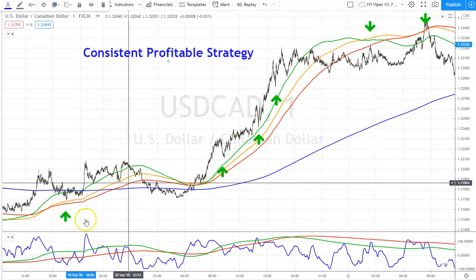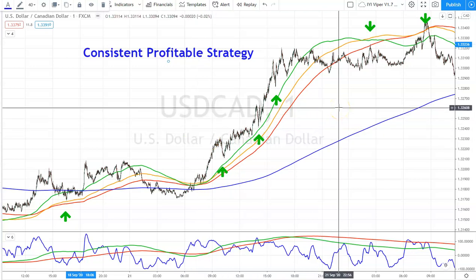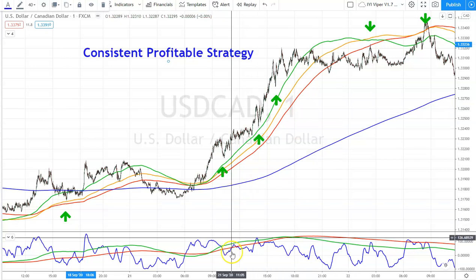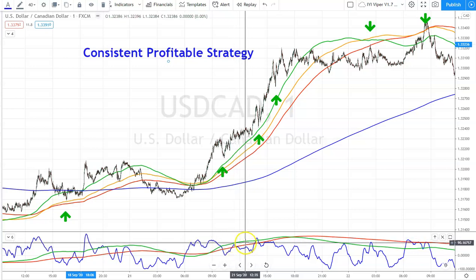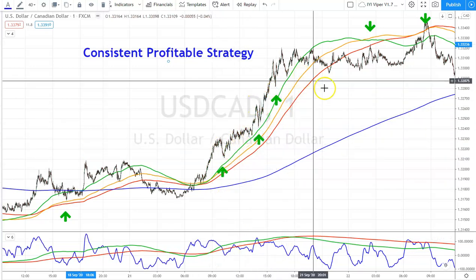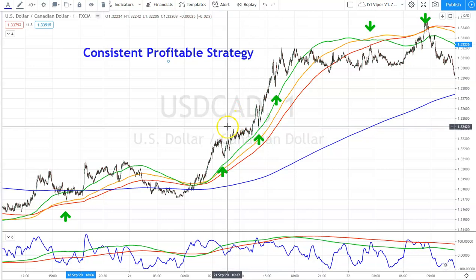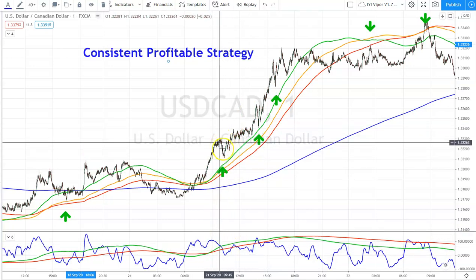Welcome to the channel. I just want to go over the trades you could have taken on one currency pair, US dollar, Canadian dollar. Just want to go through the simple system we have. We've got the green and the red lines, obviously indicating a buy position. We've got the shorter term oscillator here, and we also have our moving averages that we use to get the long-term trend direction. So we can trade this not necessarily just with the oscillator, we can trade it just purely